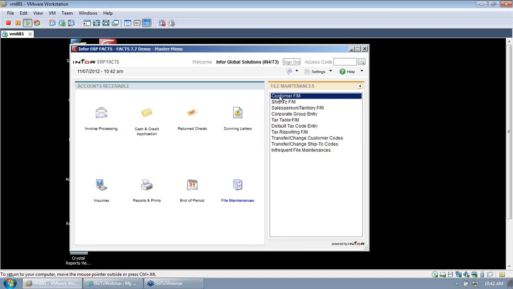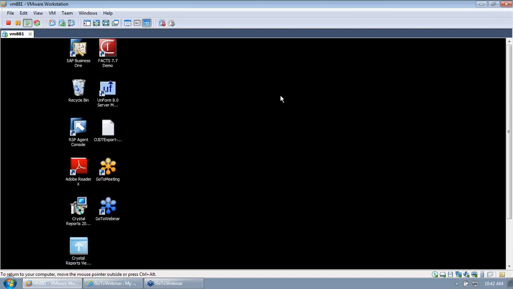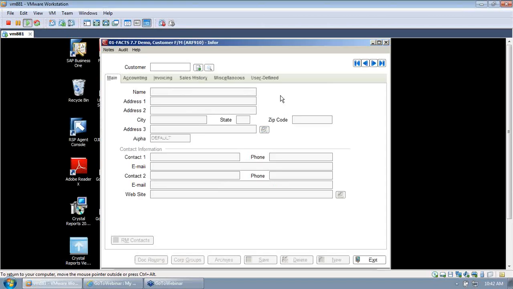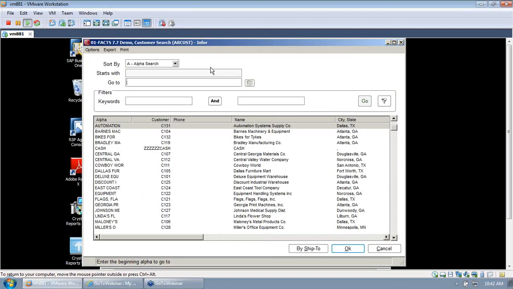We saw searches when we went into, let's say here, let's look at our customer file maintenance. We can do the same thing like we did with inquiries on our searches. We can open up our searches, and we can set our options. As you can see here, we're sorting by the alpha search first, and this is what we see down in the screens. So if we go to options,